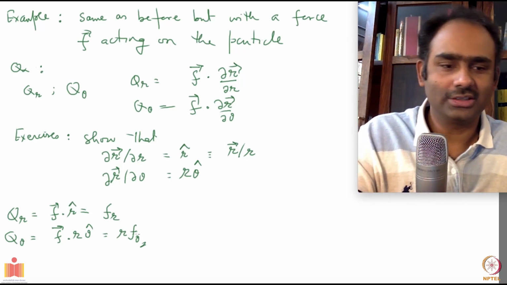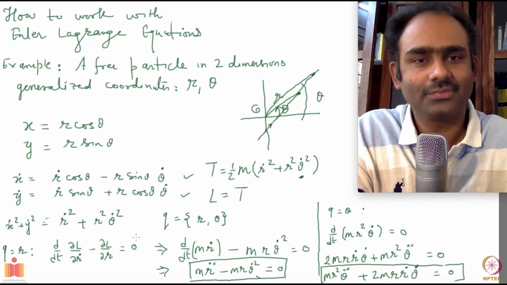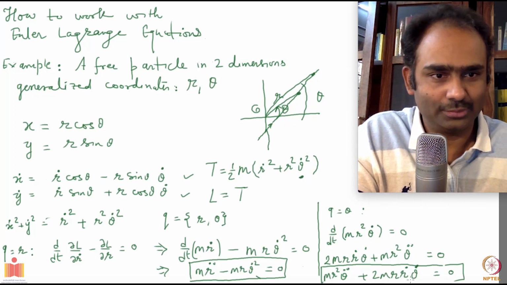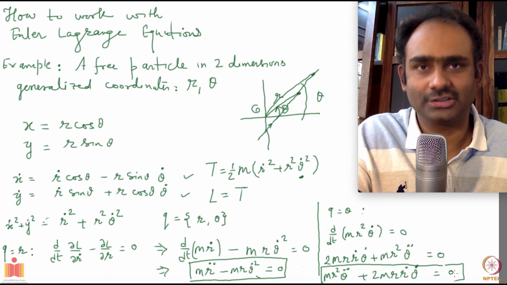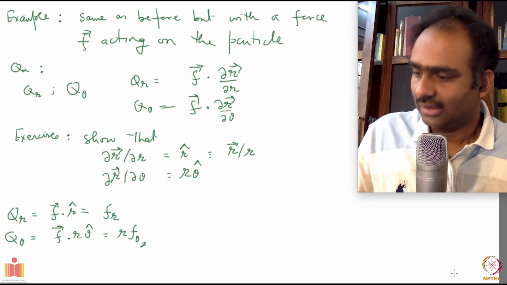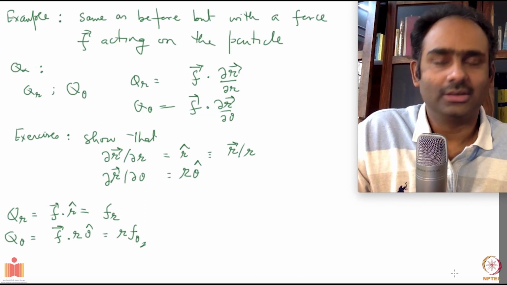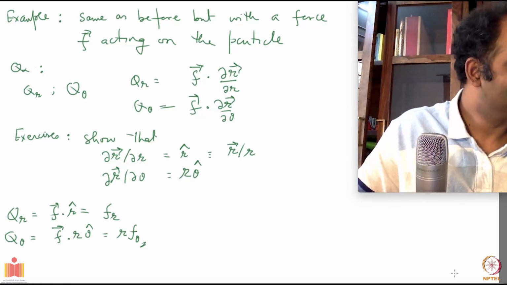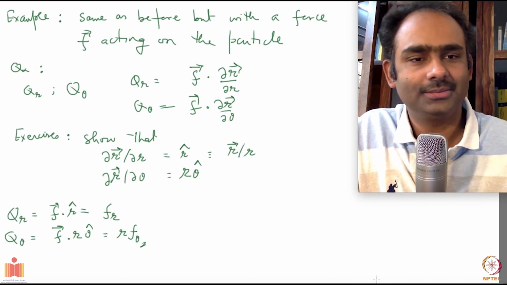So your equations of motion in this case would become, you'll just substitute QR and Q theta in here. So I'll put here QR, which is FR, and here Q theta, which is R times F theta, which is the torque. Those will be your equations of motion when you have forces present and you are using not the Cartesian coordinates but polar coordinates. That's good. I think I can take one more simple example to get some practice. Okay, let's do that one as well.